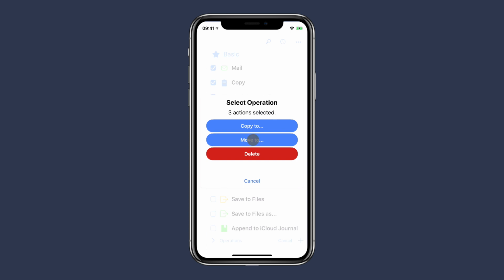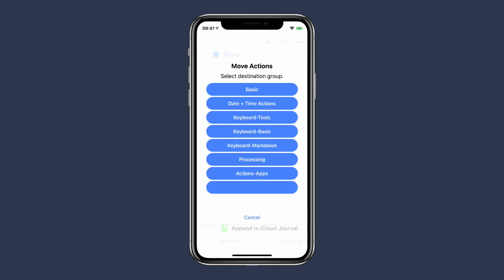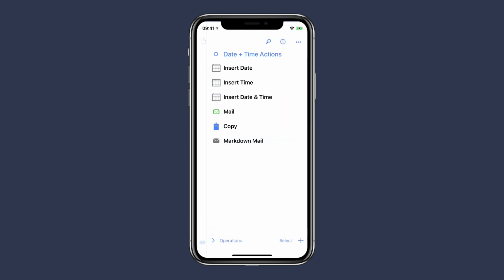I'll just tap on the Move To button and then select the group. I'm going to put it in the date and time actions. And as soon as I did that, you can see that these three actions now show up in date and time actions. I could move them back as a group using the Operations button, or I could move them back